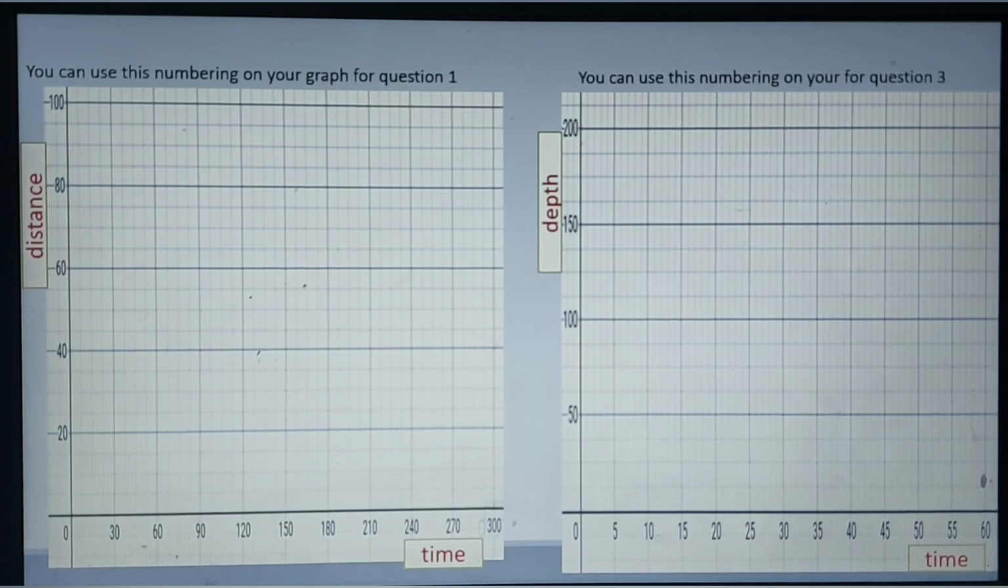So for the homework, you're required to do question 1 and 3. Just in case you're wondering what scale to use for question 1 and 3, here's a guide. For question 1, you're required to put the time on the horizontal axis and number from 0 to 5 hours. But you need to change your hours to minutes. So do 5 times 60, you have 300 minutes. And on the vertical axis where you have the distance, you need to number from 0 to 100 kilometers with a scale of 1 centimeter to 20 kilometers. Also for number 3, you put time on the horizontal axis, you number